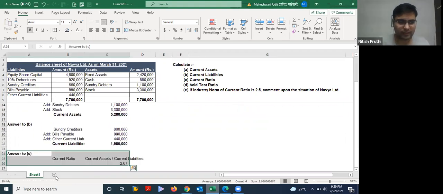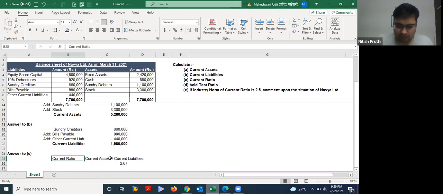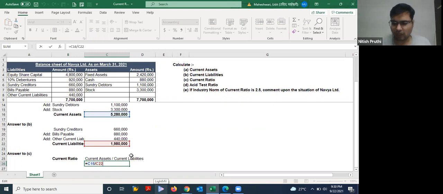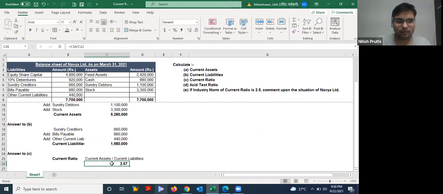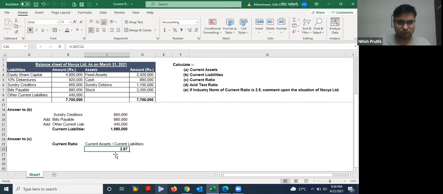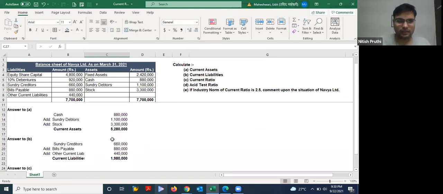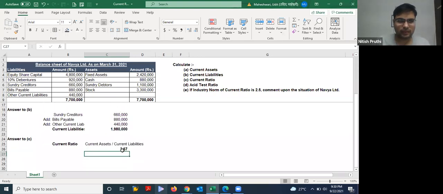For the purpose of solving an examination, because when we are giving an examination, the answer should be clear to the examiner, right? So here, since we are using Excel, it uses the formula. However, in examination, since you have to write, you will write the figures, current assets 52,80,000 divided by 90 lakhs. Here in Excel it automatically calculates. So here the current ratio comes at 2.67. Okay.